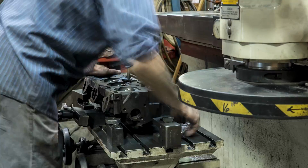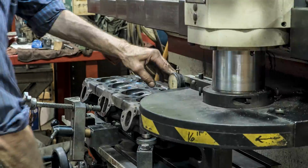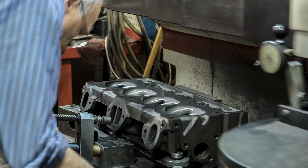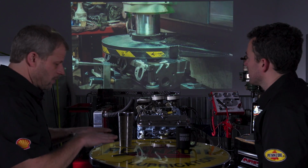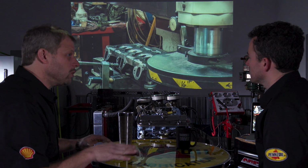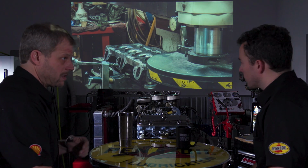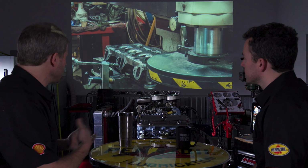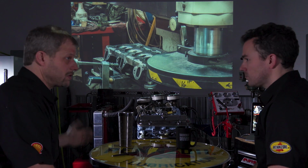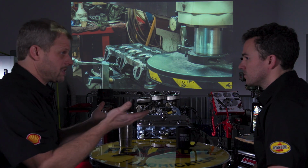So same deal here with the decking. Now, if you did have a warped head, this rescues that, or to a certain extent? Yes. If it has a warped head, any imperfection in flatness, it'll take that out. And now there's certainly a point where you can only go so far. Because you run into two things. A, the valves will be hanging past the surface of the head, which could cause an issue. And then the other is, as you lower the head down, it starts to change the angle of your intake